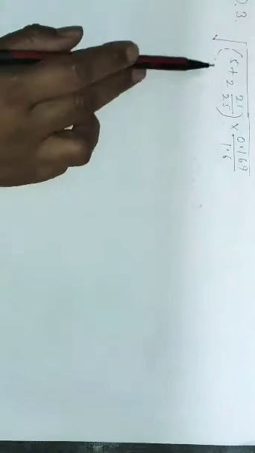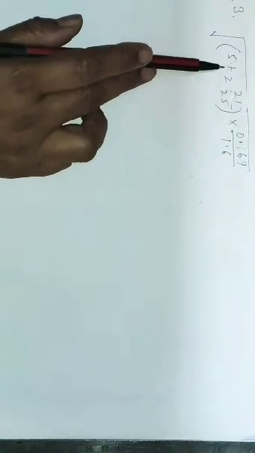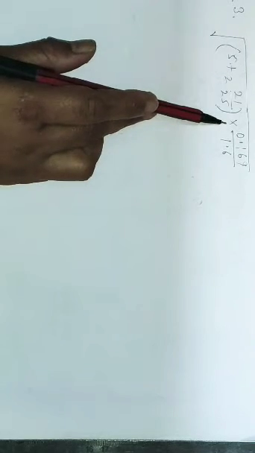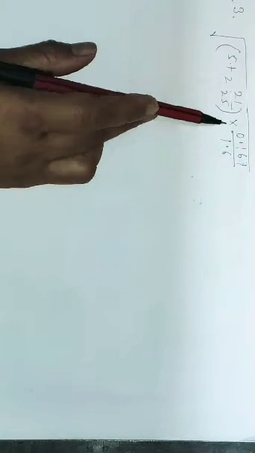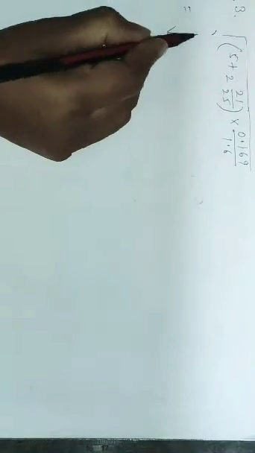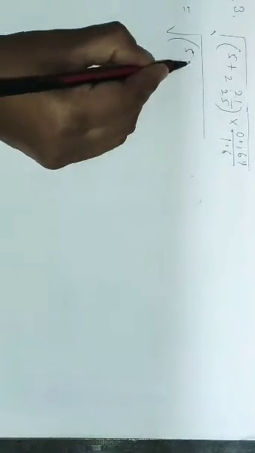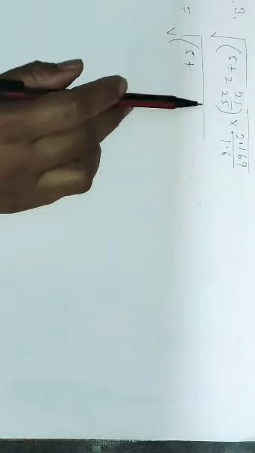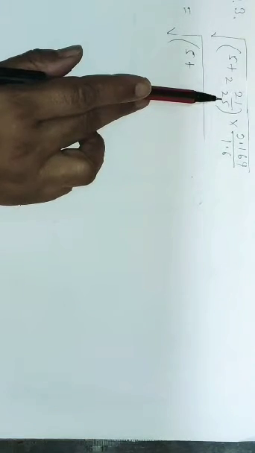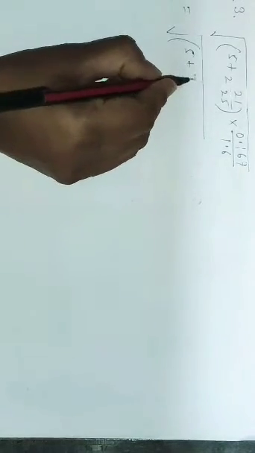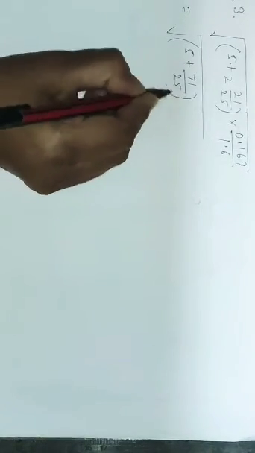Here we can see that in the denominator, in the bracket, we have a sign of addition also. So here we have to first add and then multiply. So whatever is the sign, whatever is the arithmetical calculation demanded in the question, we will solve our question in the same manner. So first I will solve the bracket, because we know bracket has to be solved first. Before solving the bracket, I will convert this mixed number in the form of fraction. 25 twos is 50. 50 plus 21, it's 71 by 25.